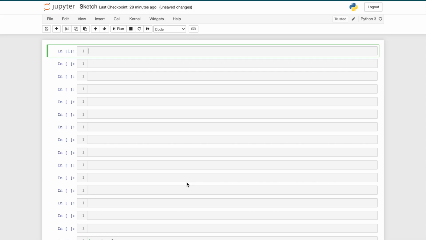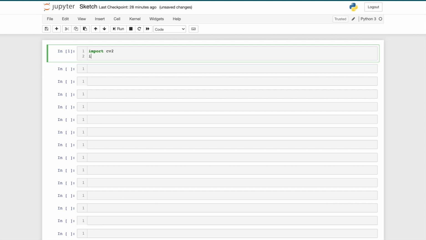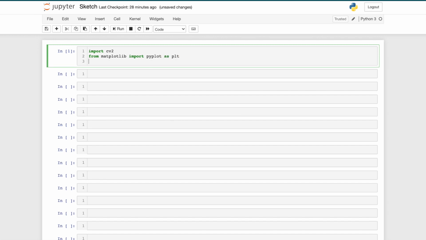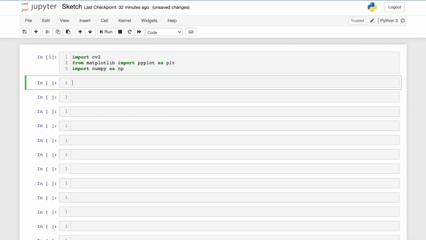So to start this coding we need some libraries. So let's import those libraries. The first one will be OpenCV. Then we need matplotlib to plot, so from matplotlib import pyplot as plt. Then import numpy as np. Okay, so after importing these libraries, first we need to